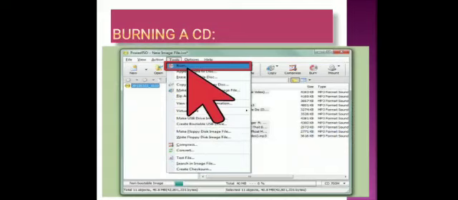Now then an empty disc folder opens. Drag all the files that you want to burn, means copy, into this folder. Okay. For burning a CD we use software such as Nero, Express Burn, these all. Okay. So clear. Ripping and burning. Ripping means you are copying from CD to computer, and burning means you are copying from computer to CD. Okay. Now moving towards next topic.